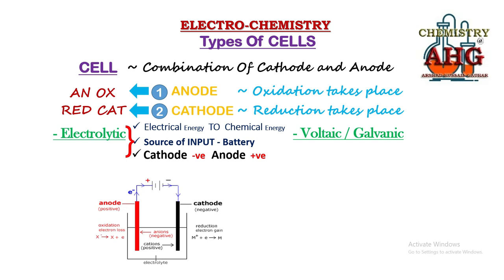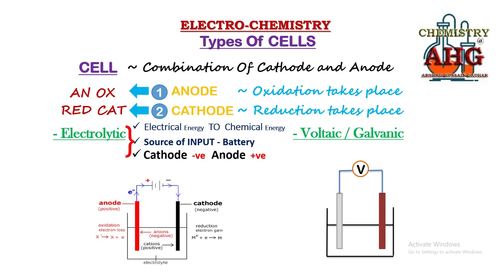But now I am going to show you the diagram for a voltaic cell. You will see in this case that initially you are unable to tell me which electrode would be negative and which would be positive. See, these are two electrodes in the electrolyte, and we connected these two electrodes to the voltmeter for the time being. The voltmeter has two terminals, so that is why the two electrodes were connected to two different terminals. This is the electrolyte. Now suppose one electrode is X, the other electrode is Y. Right now, if at this stage I ask which electrode is negative and which is positive, in case of voltaic cell you cannot tell which electrode is negative or positive.